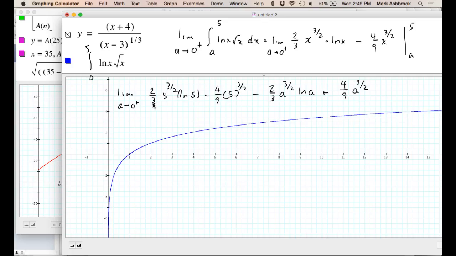Okay, so finite value, no problem. What's this limit as a approaches 0 of 4 ninths a to the 3 halves? 0. So that's going to go to 0. So here's our question here. So the limit as a approaches 0 from the right,